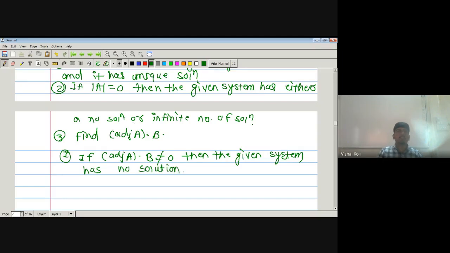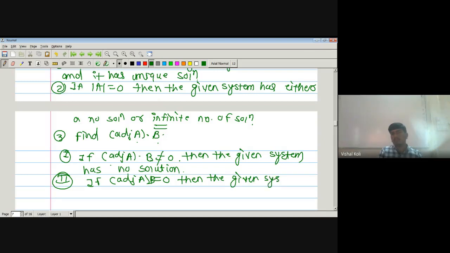If the determinant of A is not equal to 0, then the given system has a unique solution and it is consistent. And if the determinant of A is equal to 0, then there are two possibilities: either it has no solution or it has an infinite number of solutions. How will you check this? First we have to find the adjoint of A into B. If adjoint of A into B is not equal to 0, then the given system has no solution. And if adjoint of A into B is equal to 0, then the given system